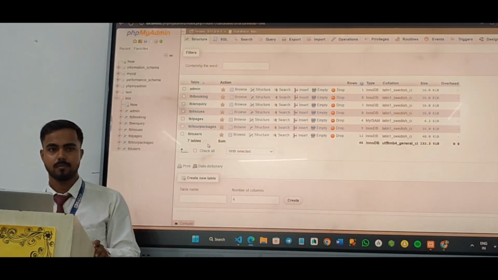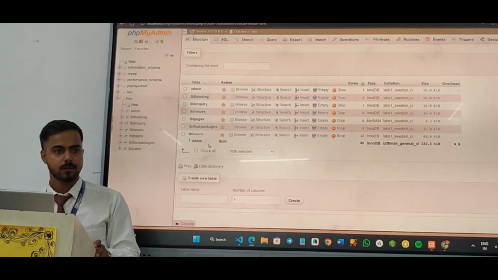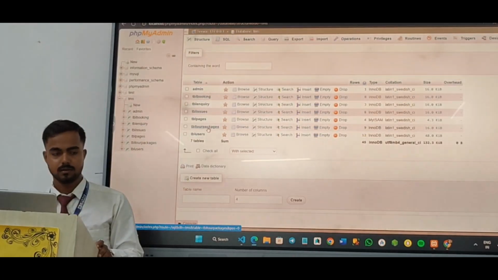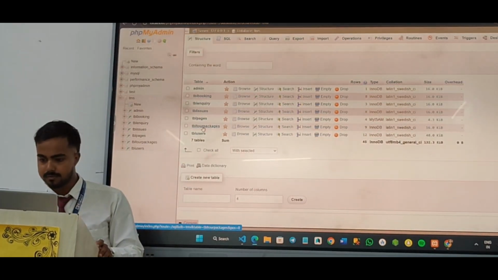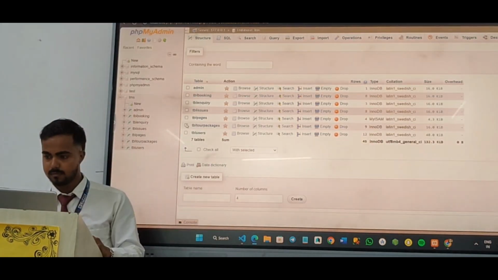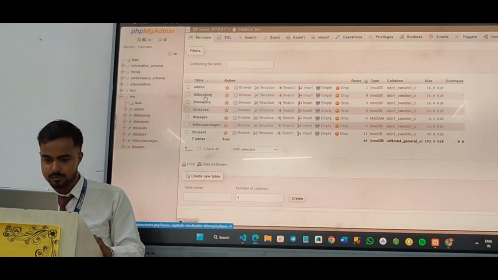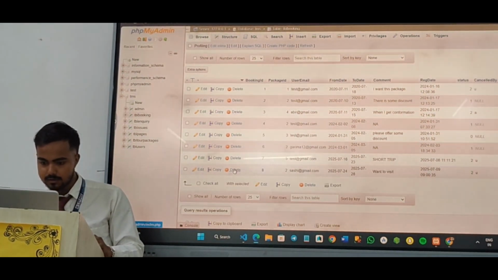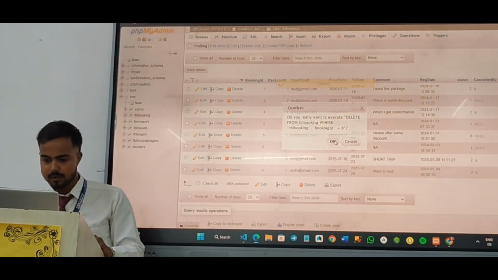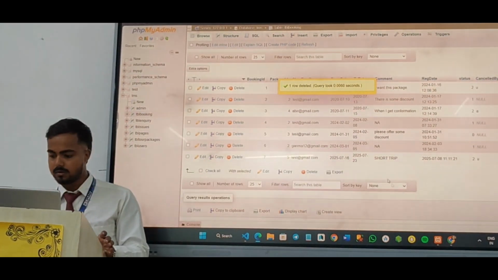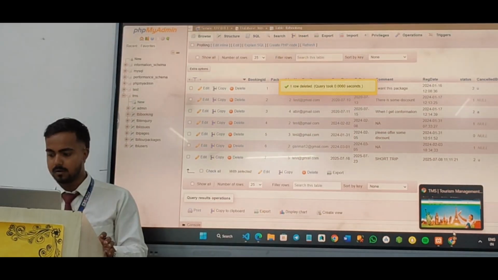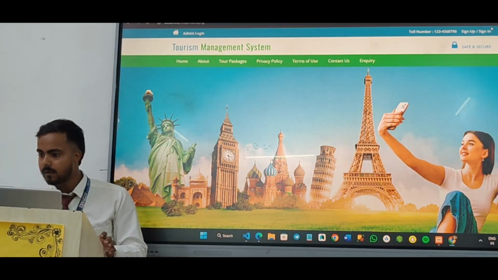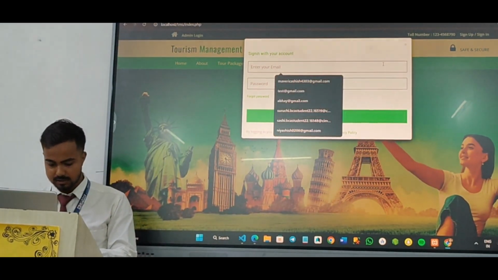If we create any record in your database, that record can be shown in the front end. Yes or no? Yes, sir. Delete it from here, its details should not show there. Like, delete one record from here. Yes, see, I have deleted. Then go there and find that record from the front end, it should not show in the front end. Yes, sir. Let's log in and see. It will not show. I have deleted the Sasi account and now